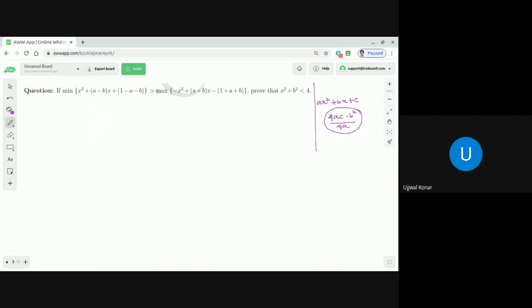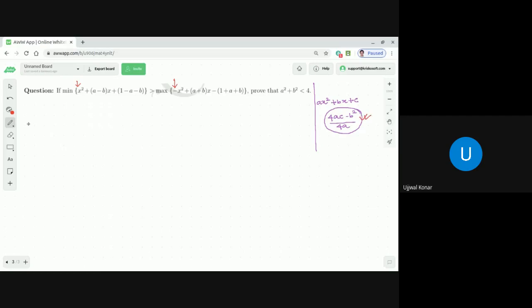But the minimum value, we know, is possible when the coefficient of x square is greater than 0, and you see the coefficient of x square is 1 in the left hand side polynomial expression here, dear students. That's why you're getting its minimum value. And the maximum value of the right hand side polynomial is also properly mentioned, because it is justifiable that it is a maximum value, as the coefficient of x square is -1, which is negative. But anyway, what is that maximum or minimum value that is governed by this expression?